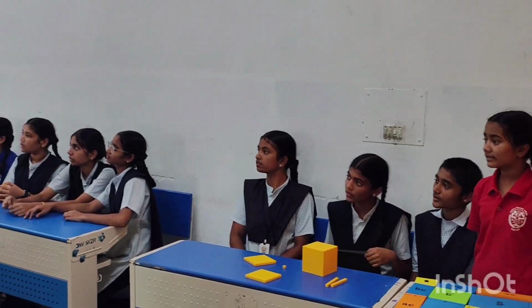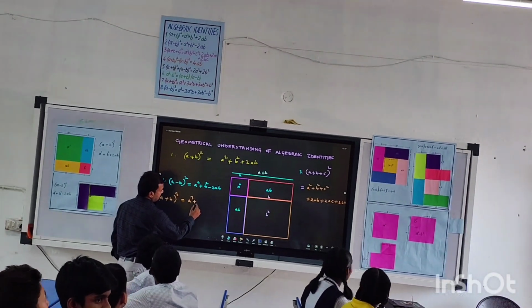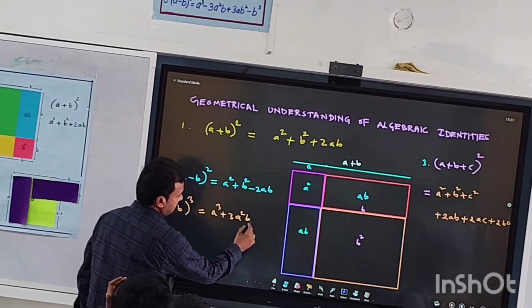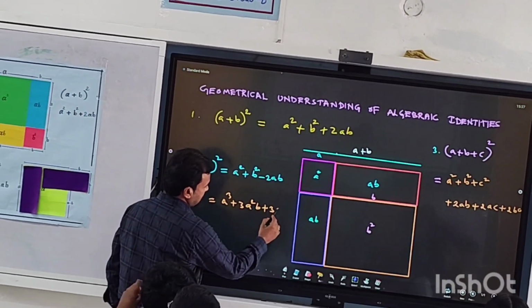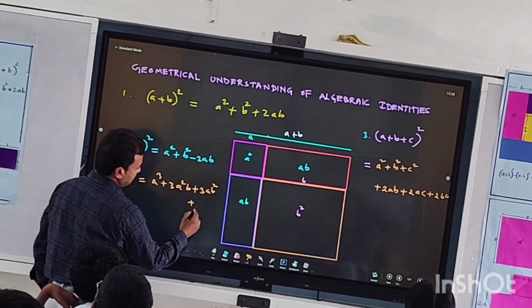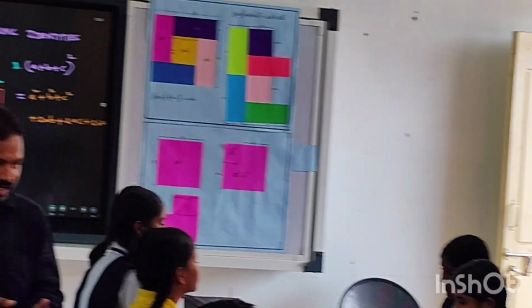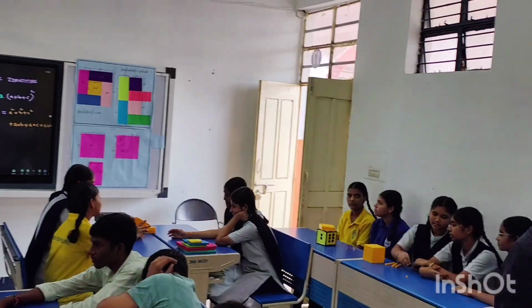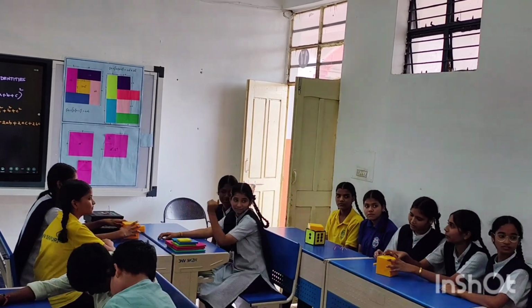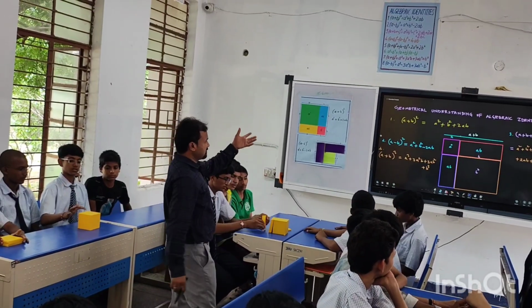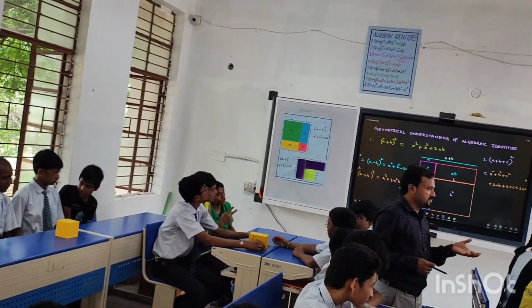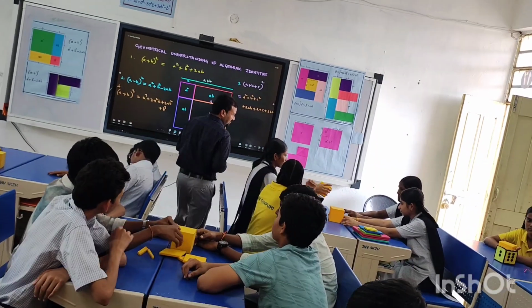A cube plus 3A B, okay, very good, plus B cube. So you have cubes, no? What all you observe, how you are going to geometrically understand this? Okay, you also have to prove it. First do it. Now A plus B whole cube. Yes, it's really challenging, I feel. How do you feel?